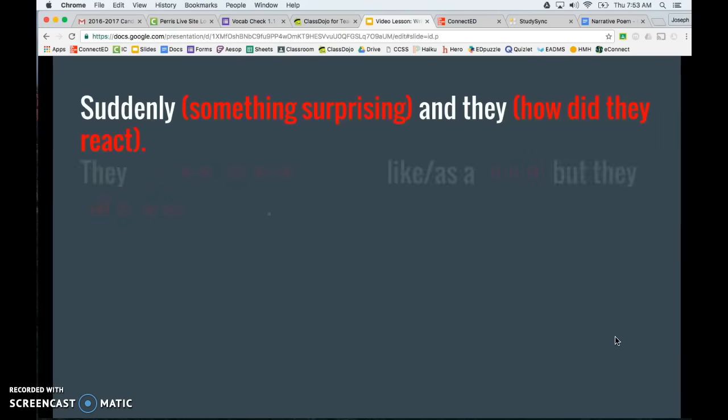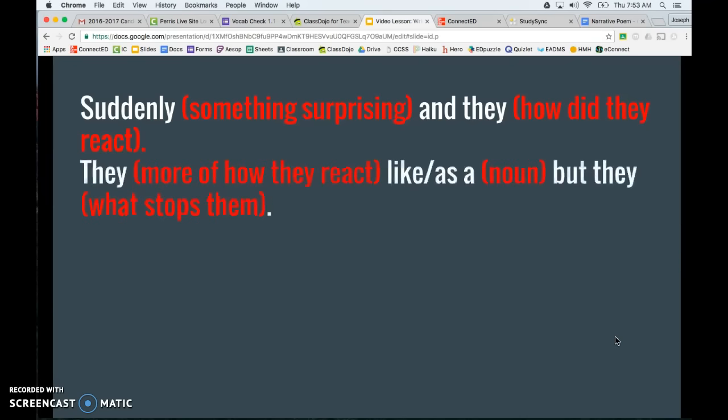All right, line 2. They, more of how they react, like as a noun. This is where your simile comes into play. But they, what stops them? So, for example, they ran away like a bat out of hell, which would be the noun. Or they ran like a cheetah, or whatever.